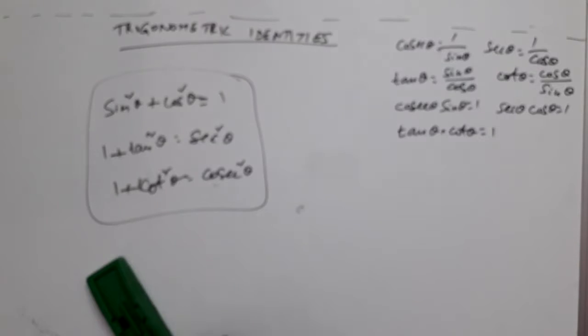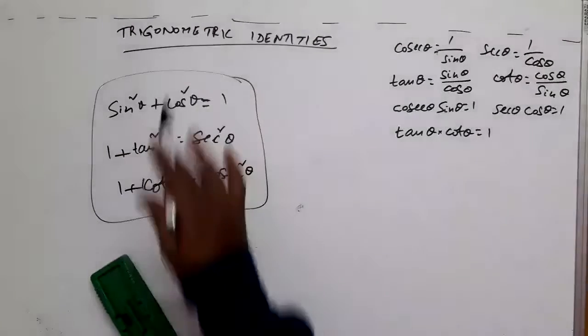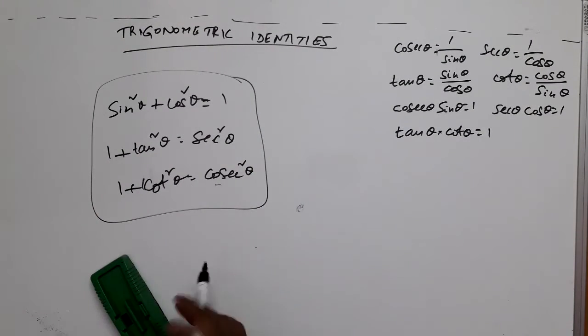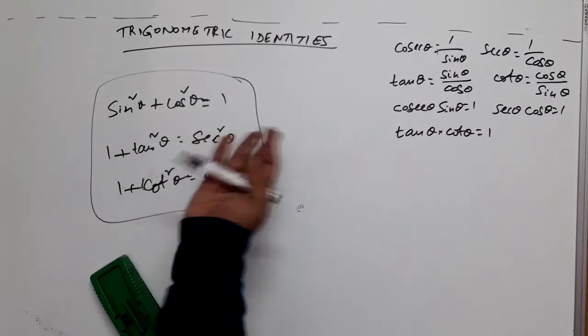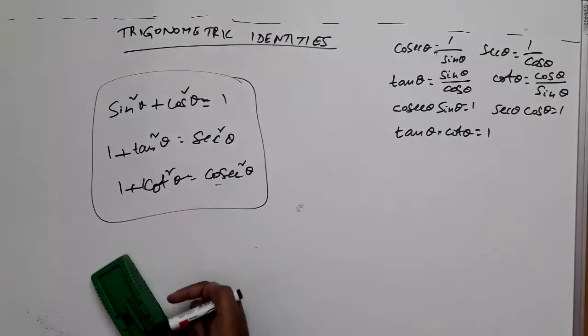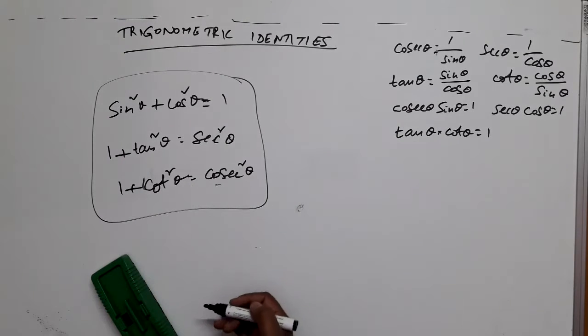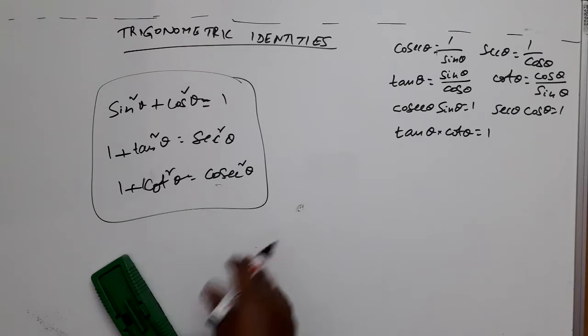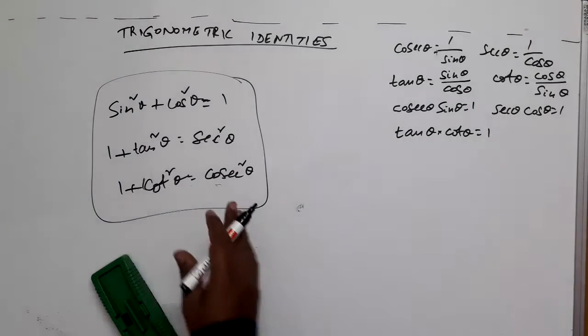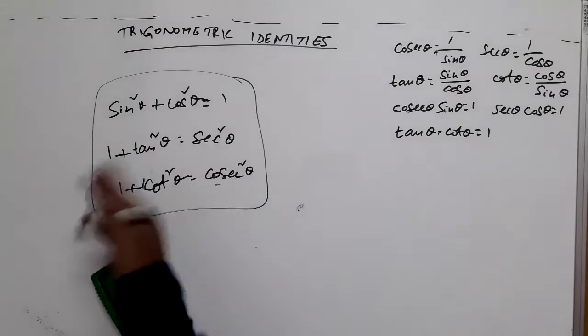What is identity? For any value of theta for which the terms involved are defined, this relation holds good. That is the point. Then we can say this is an identity. That is, left hand side part and right hand side part are equal, right? For any value of theta. You can substitute any value, right? Of course, you know values of trigonometric ratios, 6 ratios for specific angles, right? For 0 degrees, 30 degrees, 45 degrees, 60 degrees, 90 degrees, you know the values. You substitute and verify. You can see that both sides are equal, right?